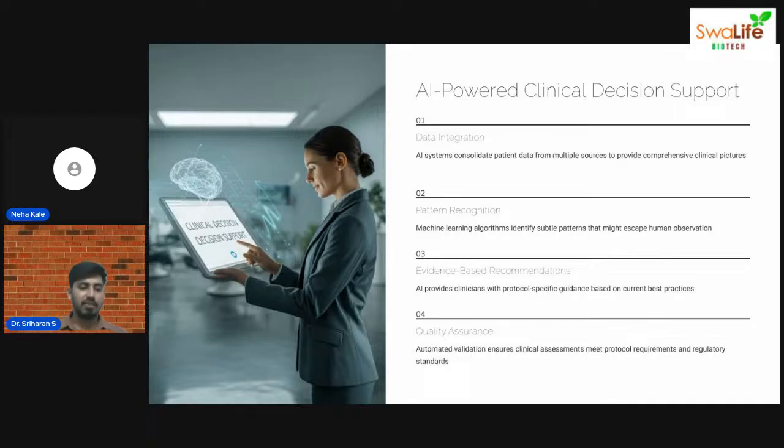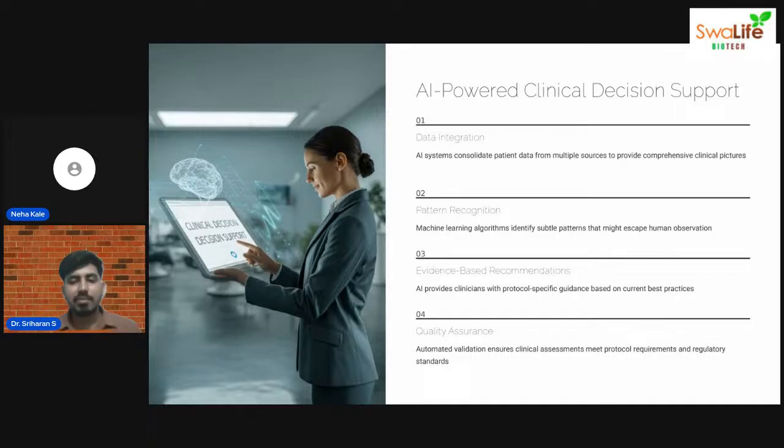Likewise, we are gathering data from that, and we are giving a comprehensive review of the patient, which will be used for clinical decision support. Pattern recognition is nothing but using this clinical decision support, we can identify algorithm bias. We can identify which patients have a high risk in participation in the research, a high risk of deviation in the result, any deviation in the protocol, any safety related